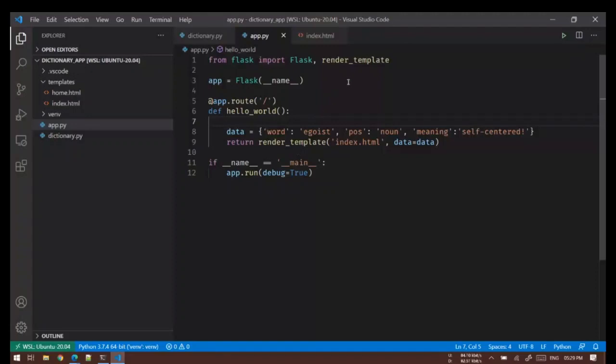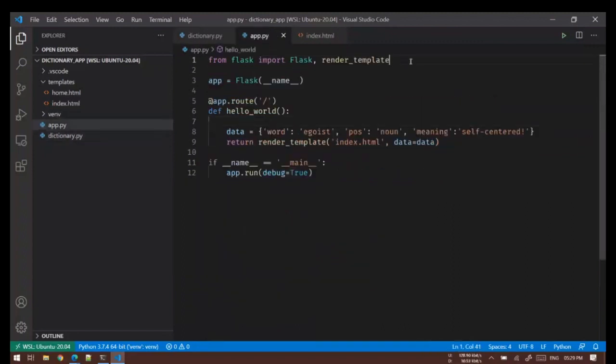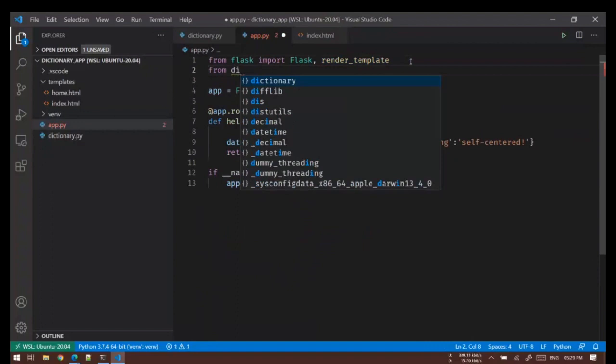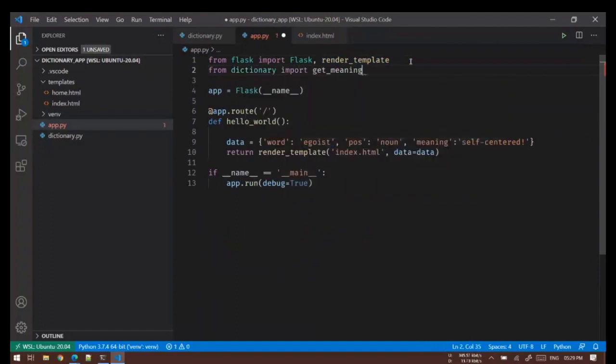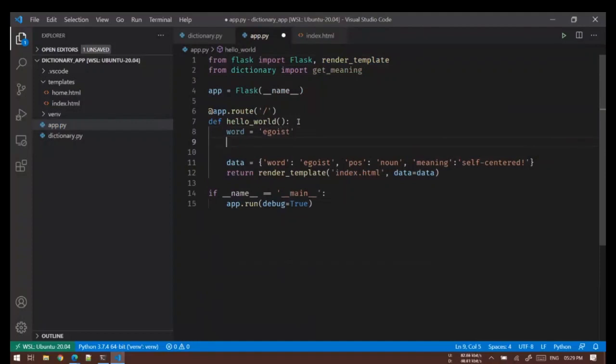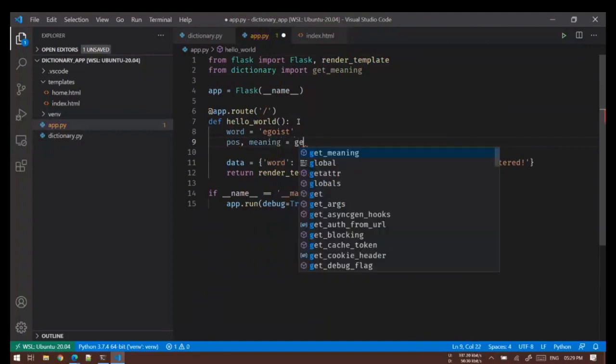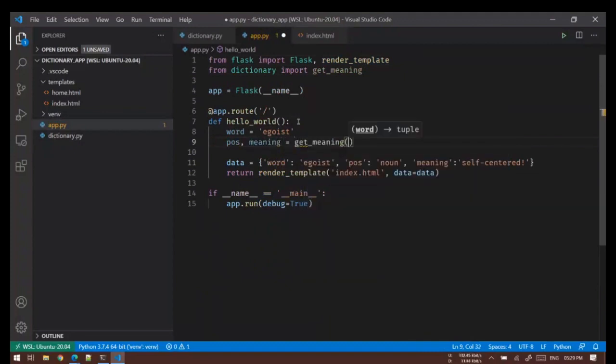So we already have this function, right? Let's start putting these things together. We already have this function called get meaning. So come here, I'll say from dictionary import get meaning, and now I'll say whatever my word is, so egoist, and then I'll get POS in return, I'll get meaning in return, and I'll just call get meaning, and I'll pass the word here.